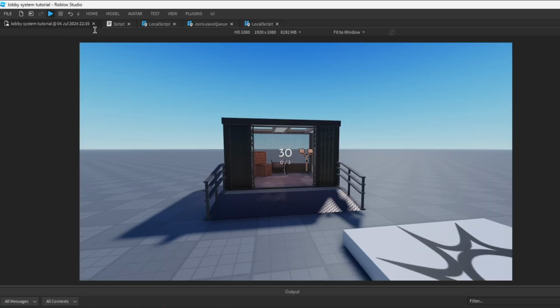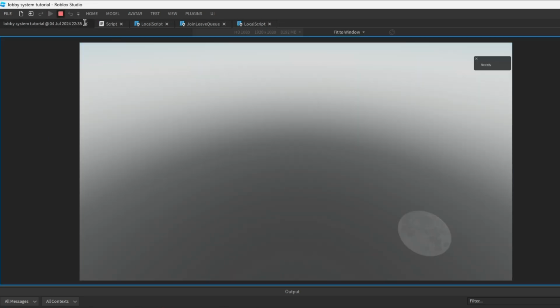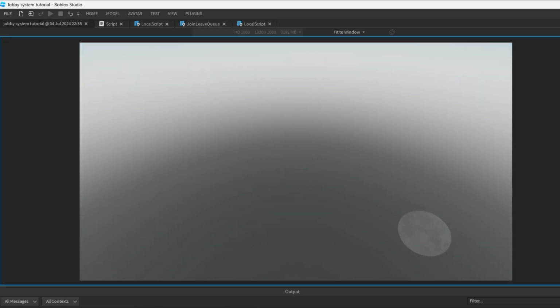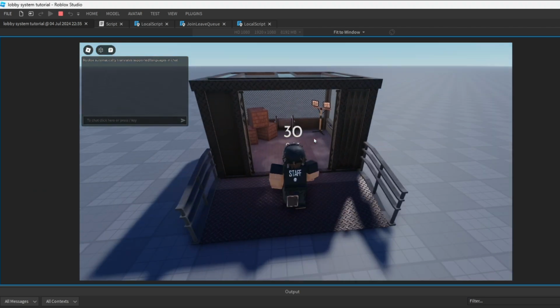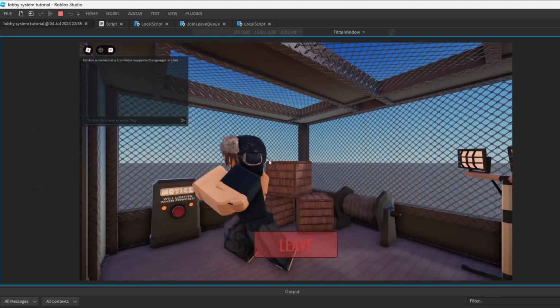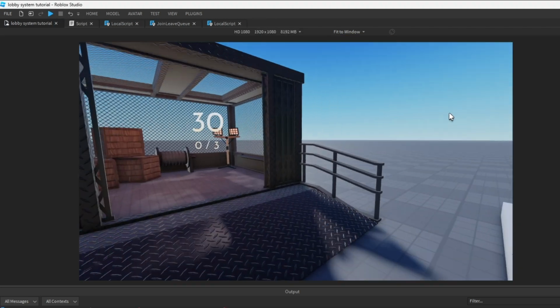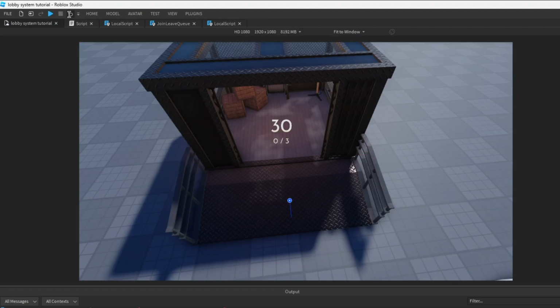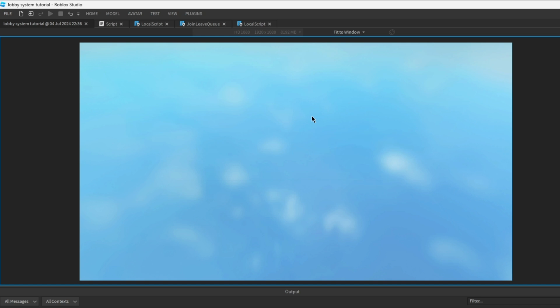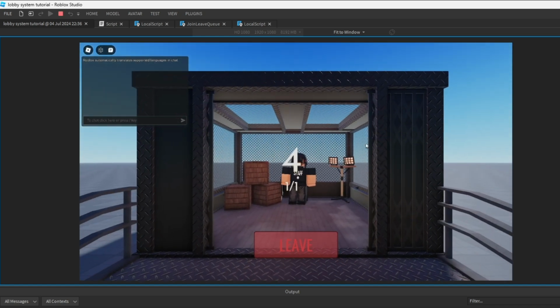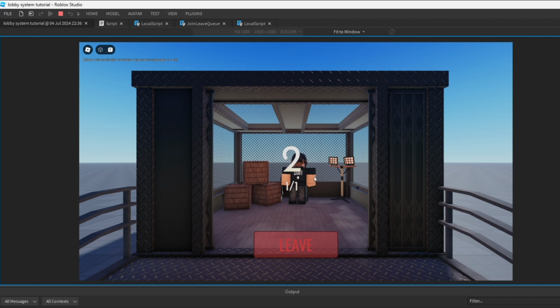So that should be it for the loading screen, and just to make this a bit easier, because of the way it's coded, we can now do max players equals 1, and as you will see, since it has the maximum amount of players, it will immediately, oh, I should probably change the camera position to actually properly demonstrate it. Alright, so I play, hopefully it works, I just do that, and it goes straight down to 5. As you can see,